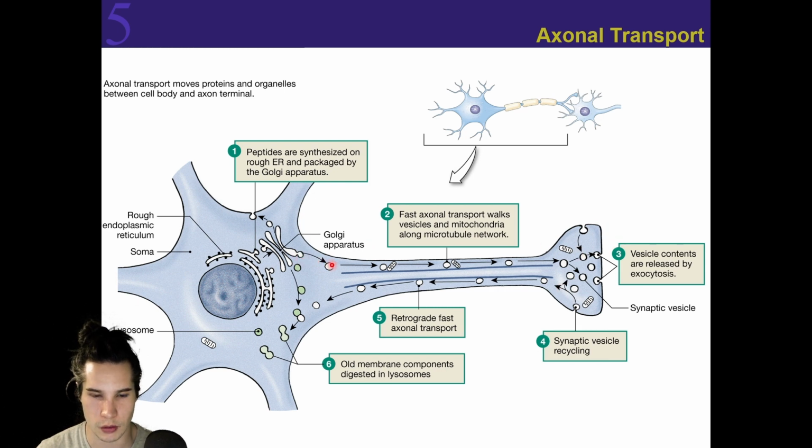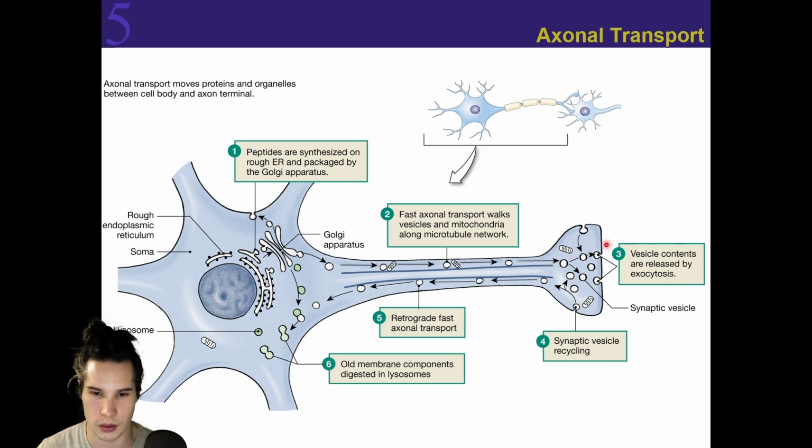Now, in order to get stuff from your cell body, which is going to house your nucleus and your rough endoplasmic reticulum and have a lot of ribosomes, you're going to synthesize a lot of proteins over there. If you want to get those products out to the axon terminal, you're going to need to send those vesicles down the axon to get to it. And so this is where your transport proteins are going to come into play. Peptides are synthesized in the rough ER, packaged by the Golgi apparatus, put into a vesicle, and then it's sent through fast axonal transport,